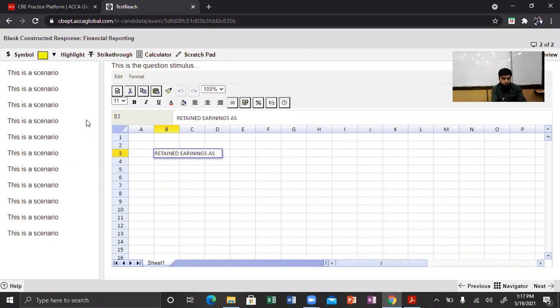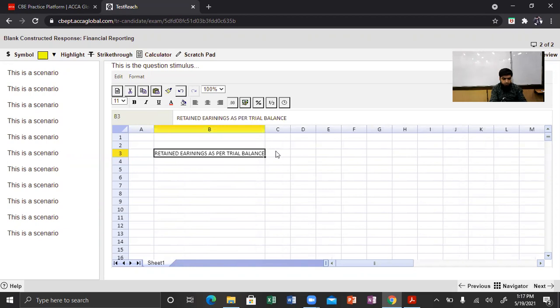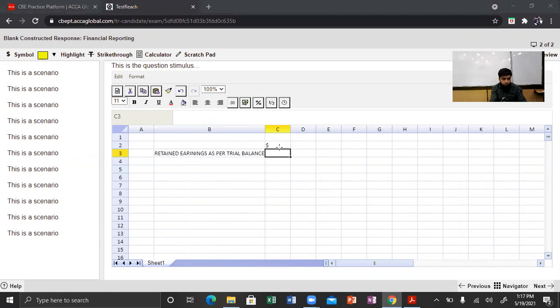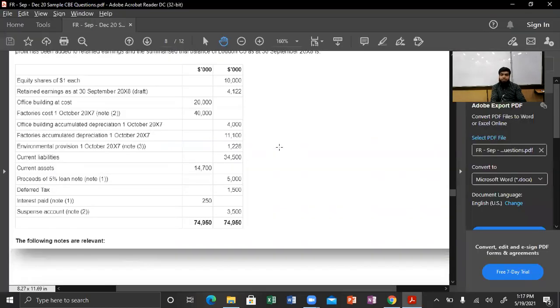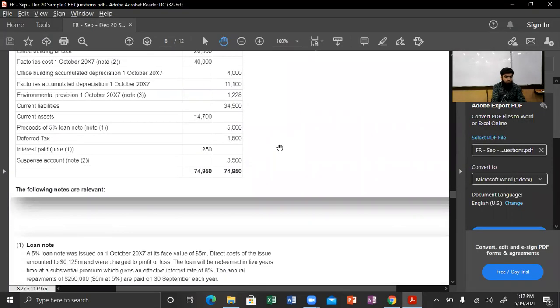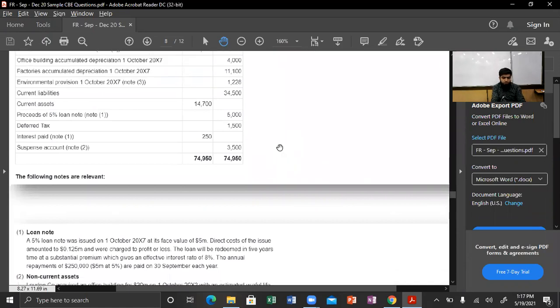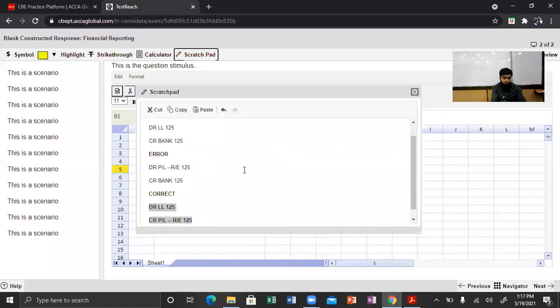Retained earnings as per trial balance, and that is obviously unadjusted. We need to adjust this balance. So retained earnings as per trial balance is 4122. Now the first adjustment which we are going to do is from IFRS 9, that is the loan notes. The first adjustment required, which we have worked out on the scratch pad, is that we need to adjust this